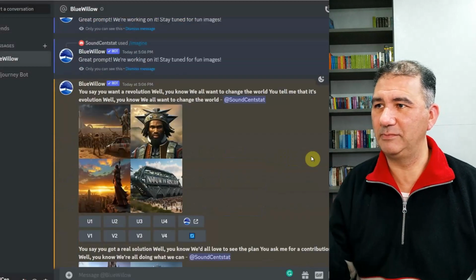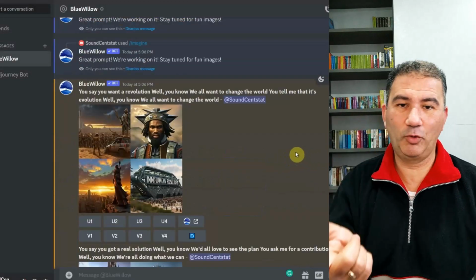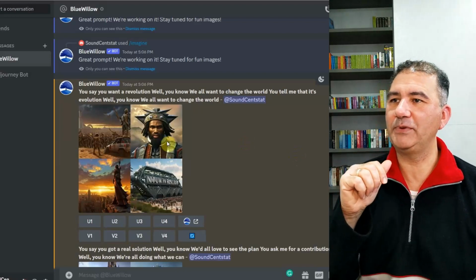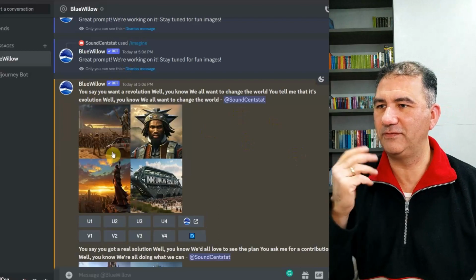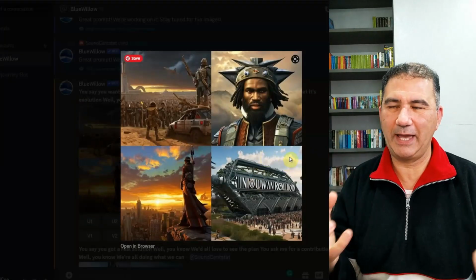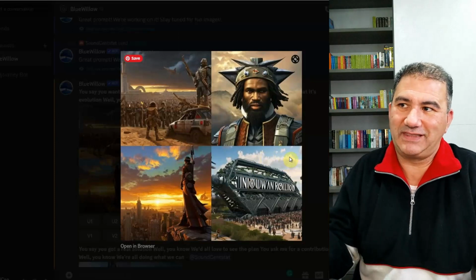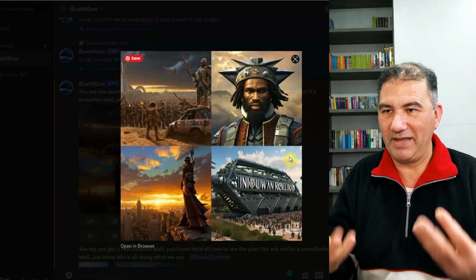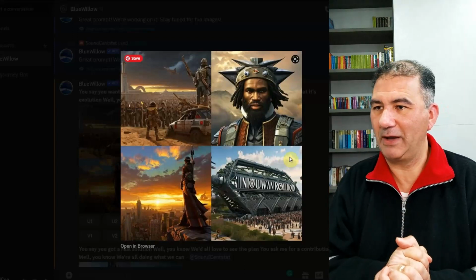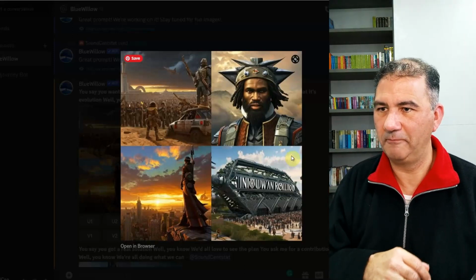And then I went back to the Beatles and I thought, that song Revolution had a lot of powerful imagery in it at that time. So I copied the first sentence from that, and I got these very, very crude, very army, revolutionary type of imagery, which I suppose is what the lyrics were obviously meant to do. So the AI bot, Blue Willow, came back with these particular images as well.